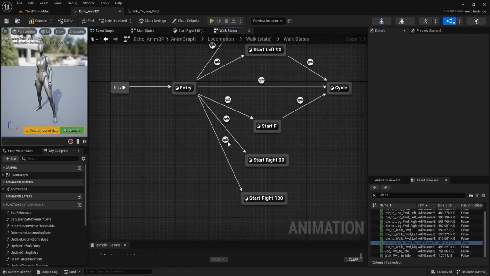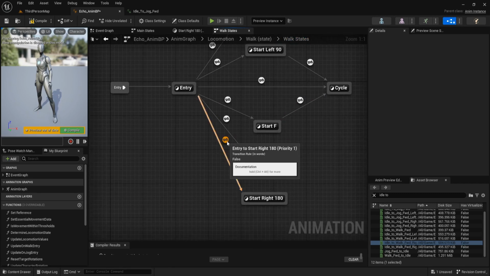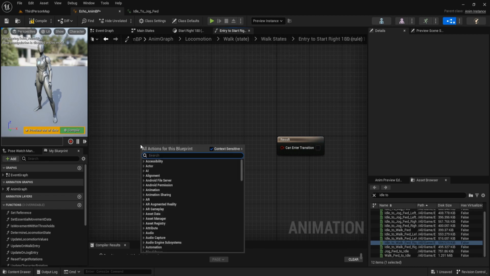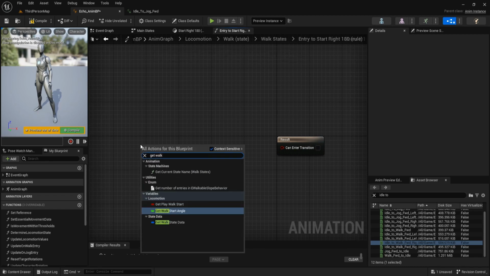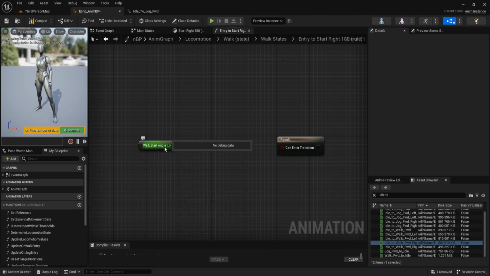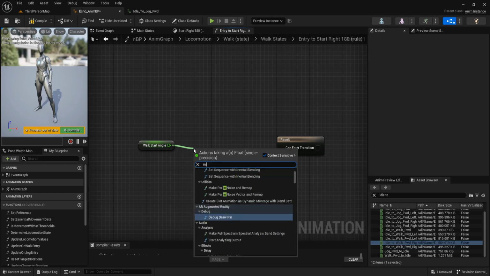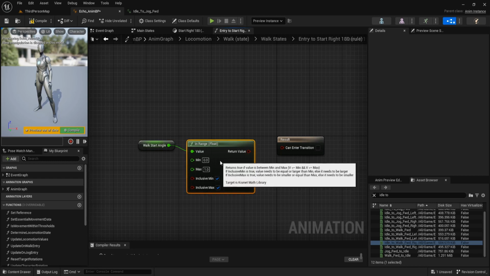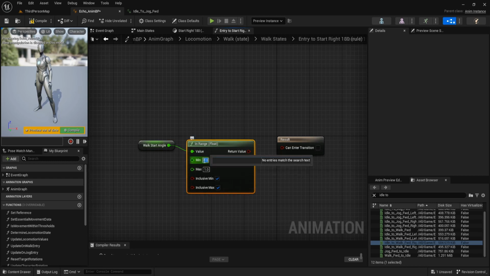And now the one is start right 180. Double click, get walk start angle, call in range. The min is 135 and max is 180, and we don't include this min.